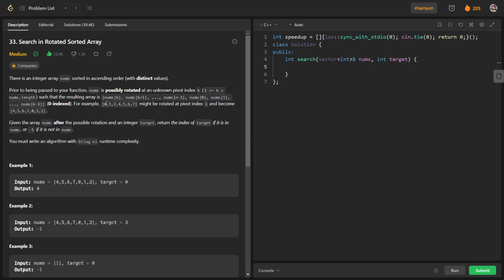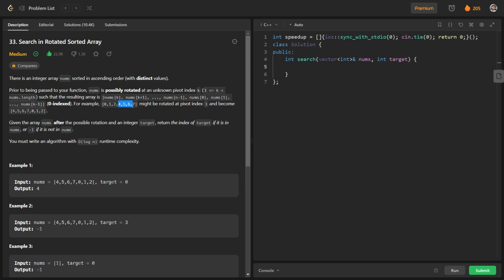So for example, this is our sorted array 0 1 2 4 5 6 and 7, and if we rotate it from index 3, how will it look? It will look like 4 5 6 7 0 1 and 2. So you can see that this is our index 3, and from this point they have rotated.